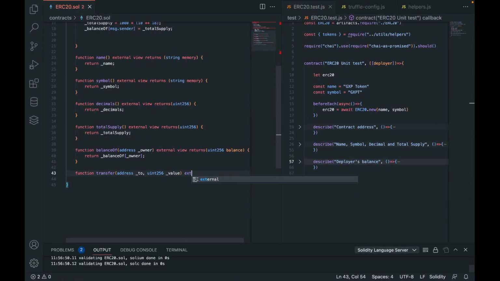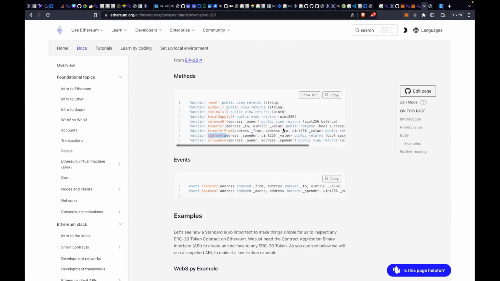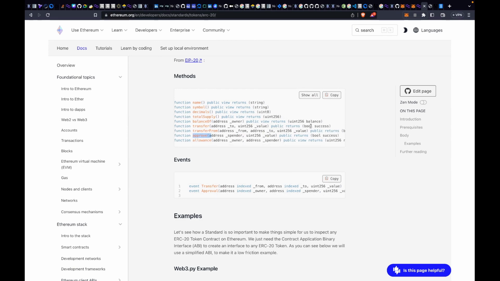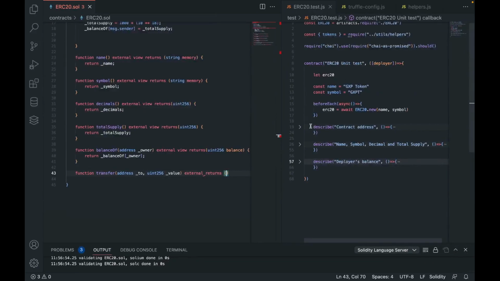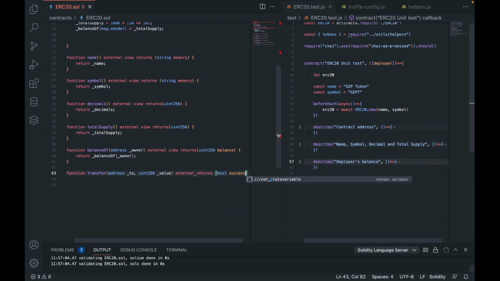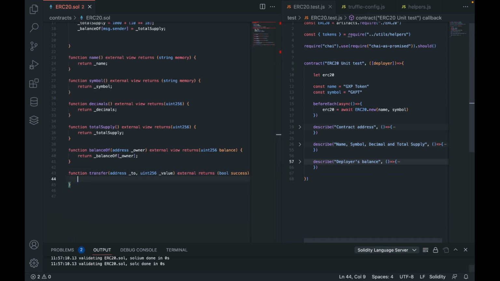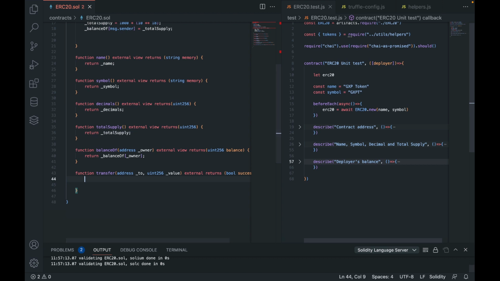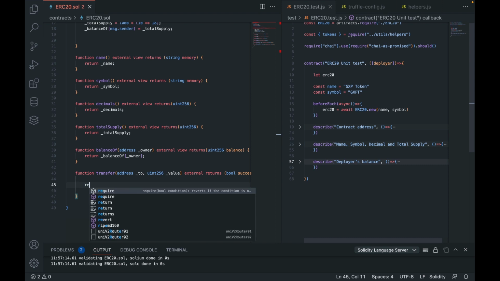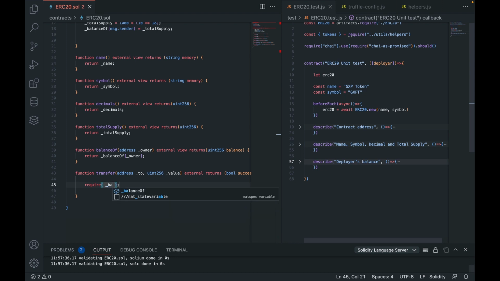Value. So what are we to return? We are to return a boolean, which is success. Success can be true, success can be false. So we return true when everything goes well. Now, like I said earlier, the person sending this token should have enough tokens in their reserve. So what do we want to do? We use the require. So we want to ensure that the balance